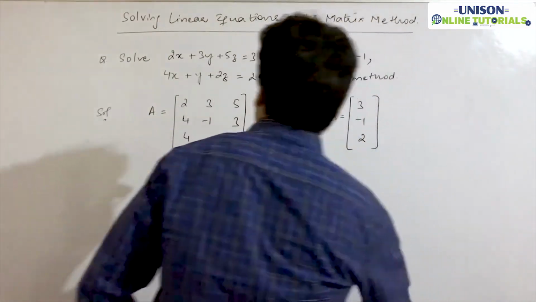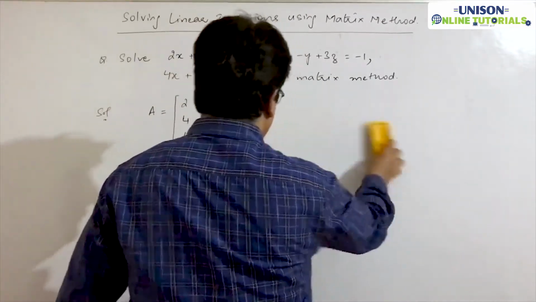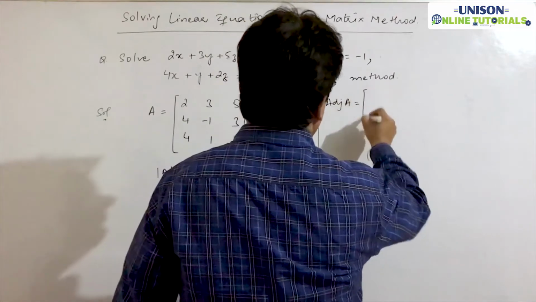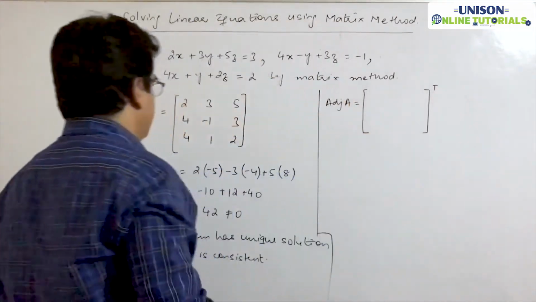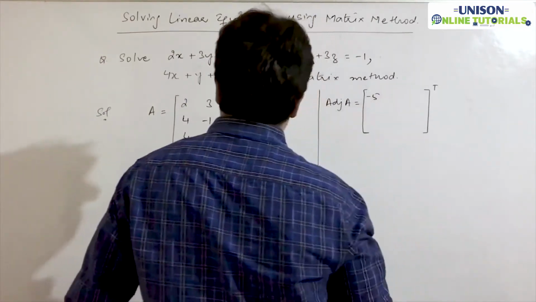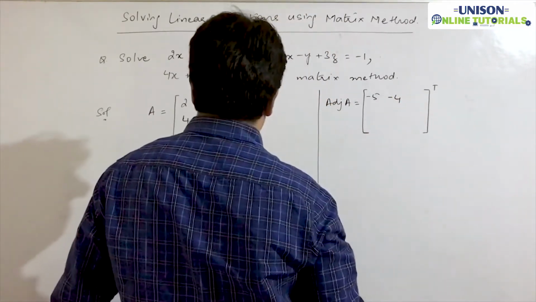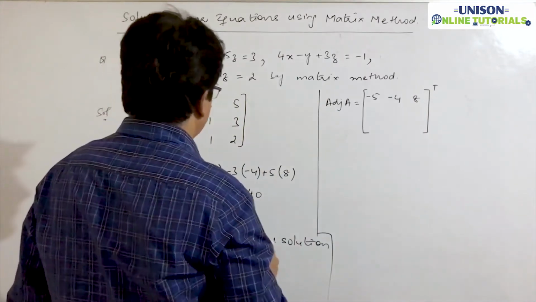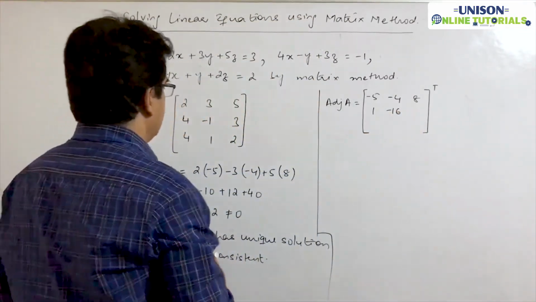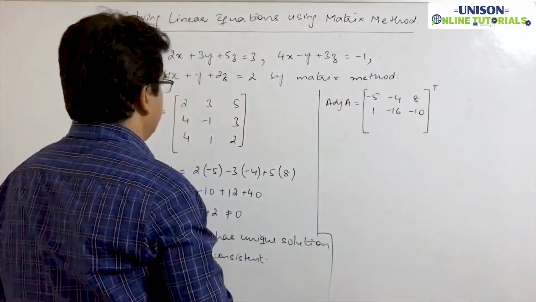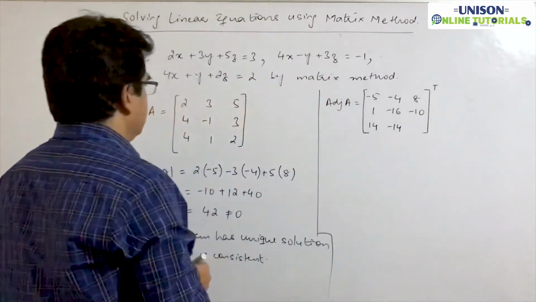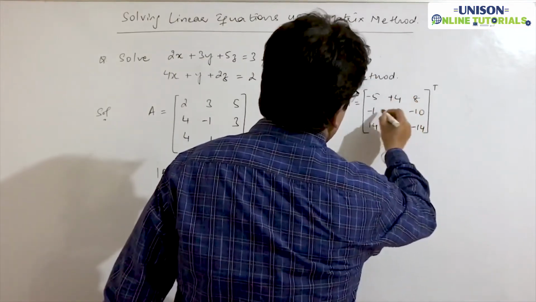Then we will find adjoint of A. First we find the minors, then we find the cofactors. तो 2 का हो जाएगा minus 2 minus 3, it is minus 5, and 3 will be 8 minus 12, it is minus 4, it is 4 plus 4, it is 8, and 4 का हो जाएगा 6 minus 5, it is 1, then it is 4 minus 20, minus 16, it is 2 minus 12, minus 10, then 9 plus 5, it is 14, it is 6 minus 20, minus 14, then minus 2 minus 12, minus 14. तो ये आपके साइन चेंज हो जाएंगे.